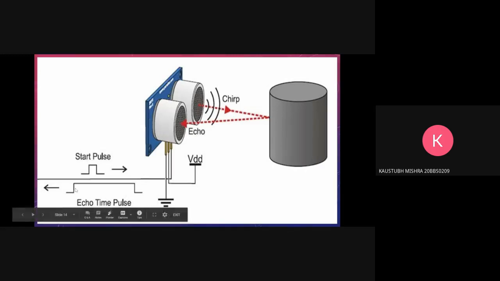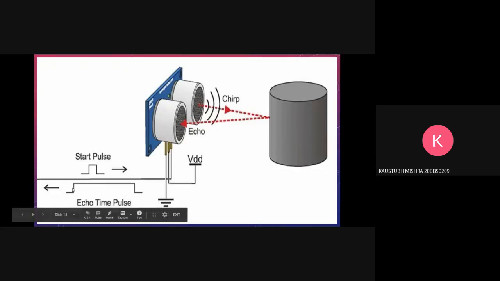So how do we measure the time then? What we do is that normally in idle state, this receiving pin is constantly sending a current as an input. So it's just sending a current, sending a current. But as soon as an ultrasonic wave is received, it stops sending a current. So that is what is denoted by this echo time pulse. As soon as the wave is received, it stops sending a current. Now, the time for which it was sending a current is actually equivalent to the time taken by the ultrasonic wave to travel the distance.